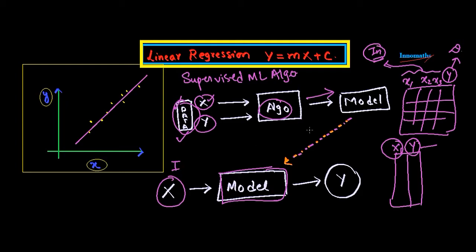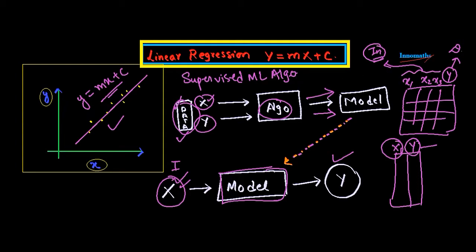Okay, so when you train this algorithm, you will create a model, and then this model in future can be used to predict the value of y when x is given. Okay, so basically what we are trying to do is find the best fit line, that is y is equals to mx plus c, for the given data. Okay, I hope you are getting it. If you are facing any problem or if you have any conceptual problem, you can just ask me down in the comments. I'll be replying to that particular question.